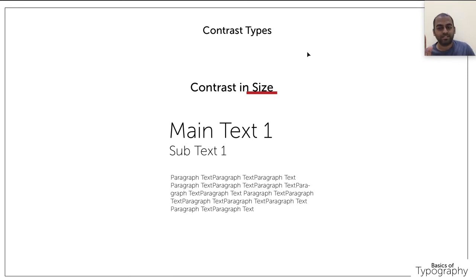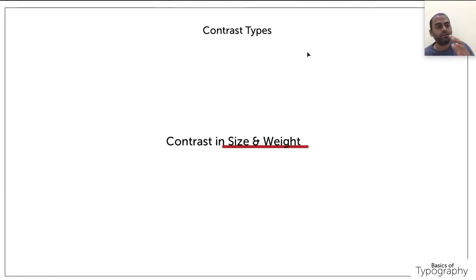Okay, there is one standard rule, and one point should be noted when you are going for contrast in size. If you are using a light font for a heading, there will be no problem. If you are going for a light font for a subtext, there may be a problem, but still the text will be readable. But if you are going for a light font for a paragraph, then there is definitely a chance that it may not be readable. Especially for a print design, avoid using a light font for a paragraph. So in that case, we need to go for contrast in size and weight.